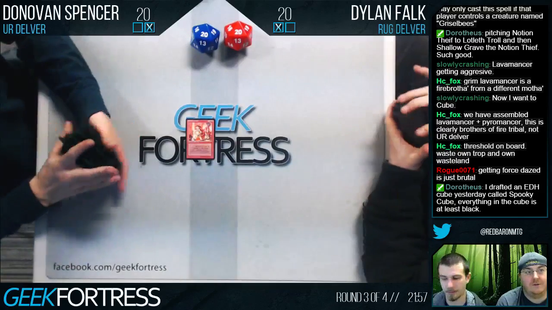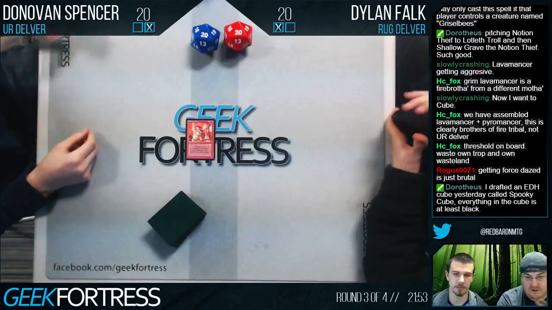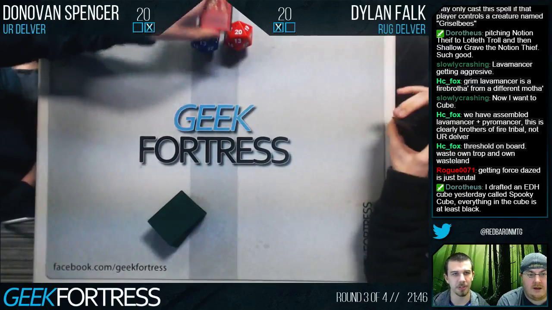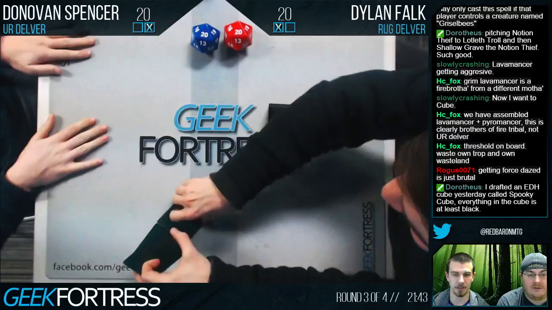And not to mention a Flip Delver, a Young Pyromancer, and a Grim Lavamancer. He had a good curve. Though starting off with Grim Lavamancer is certainly unusual. Yeah, it is. But it was surprisingly effective, because then it had that constant...